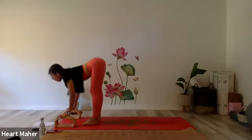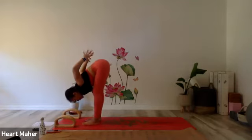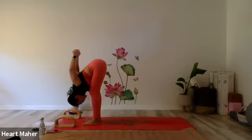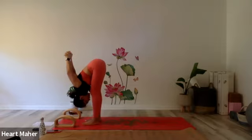Send your heart forward. And then bring your arms behind your back, interlace your hands. Bring the belly to touch the front thigh, even if that means you have to bend the knee. Send your fists over your head. The crown of your head reaching down, look toward the mat,